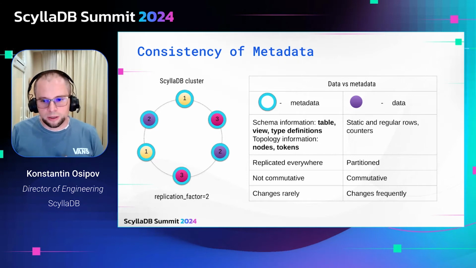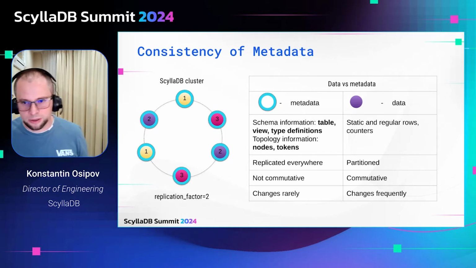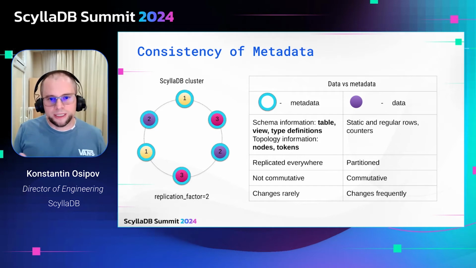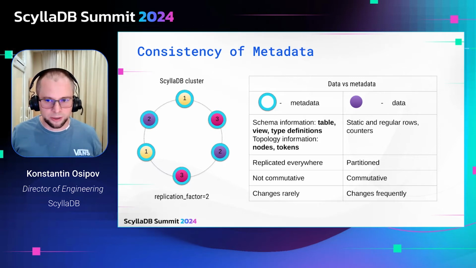There are also differences in the frequency of changes: client data changes frequently, while metadata changes infrequently. So while Scylla is an eventually consistent database, it makes sense to move metadata to strong consistency to make sure it's consistently replicated to every node in the cluster. This also allows us to bridge the gap towards elasticity, making node operations and the scaling of the cluster fully automatic.